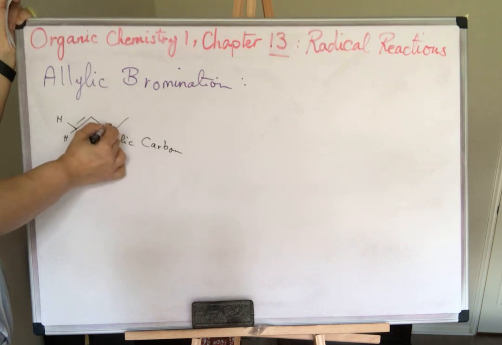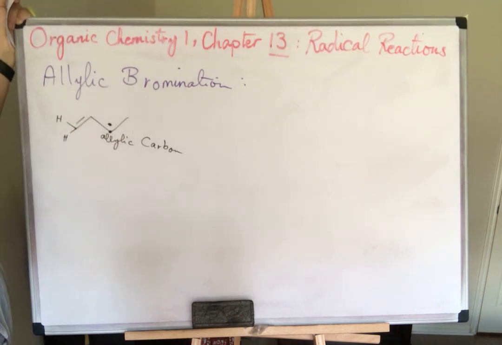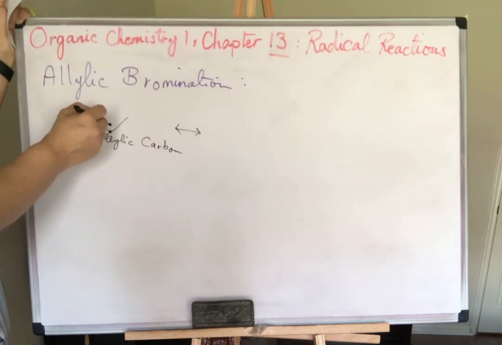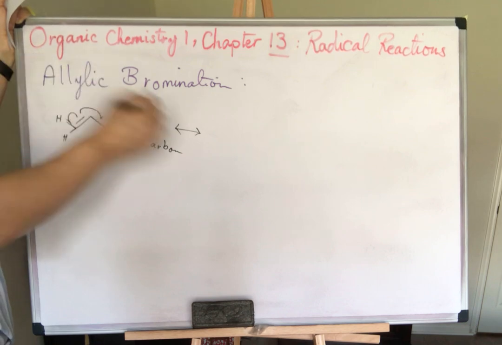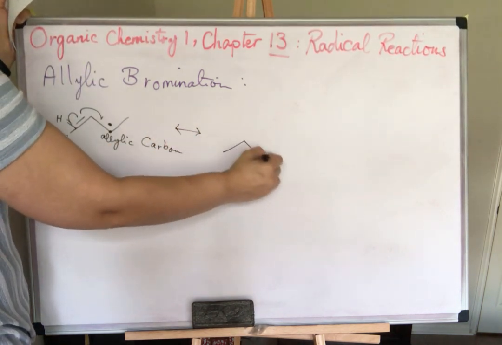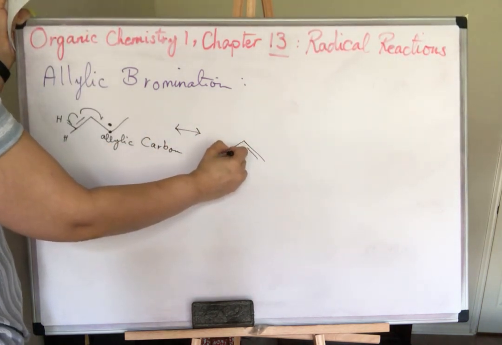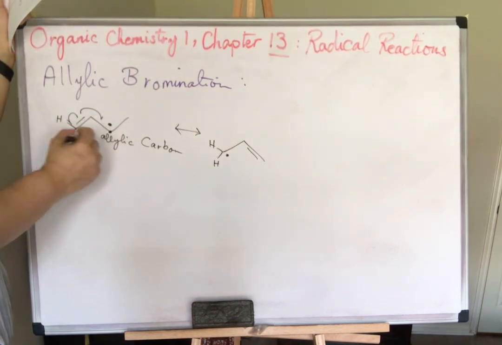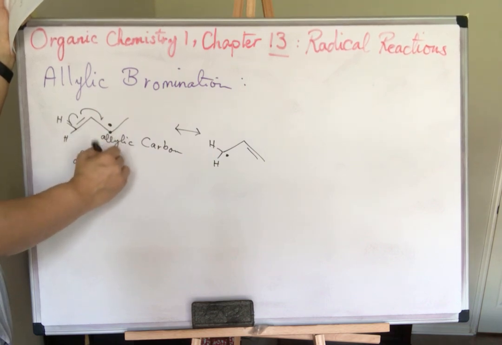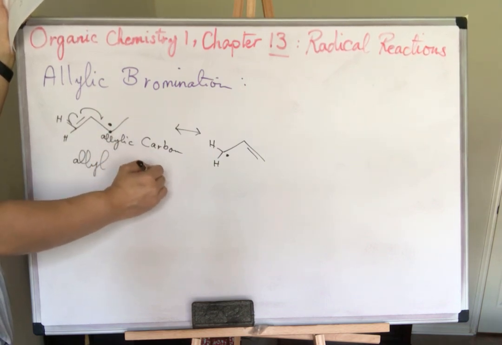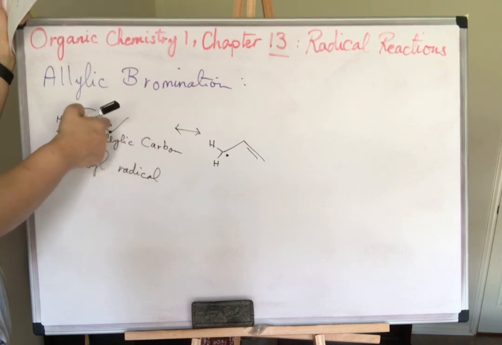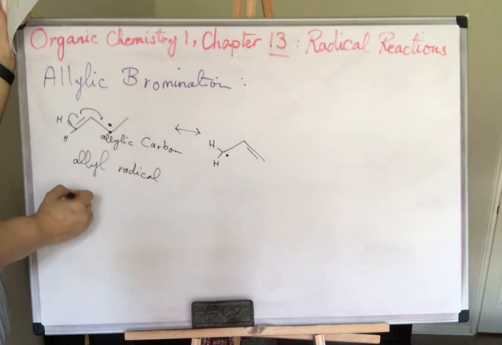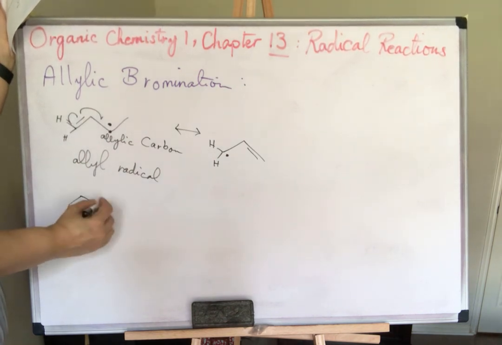So if you have a radical, what you have here is the resonance. So for allylic bromination, you have the possibility of resonance. This is allyl radical. It's extremely important to know what is an allylic position or allylic carbon, and then we can work on this. So if we want to draw the resonance structure of, for example, this,